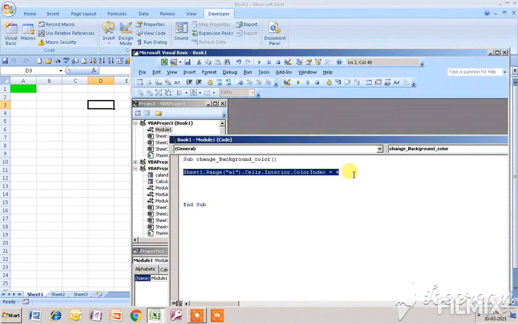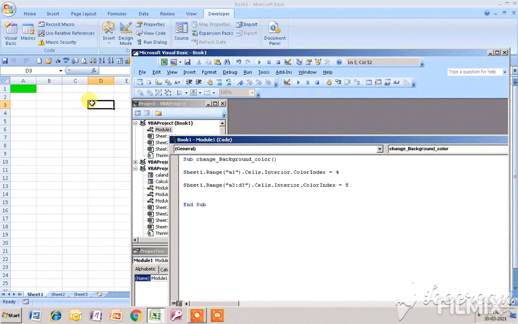Copy it and paste it here. In place of the range, A3 to D3. And in place of 4, if I give 5,